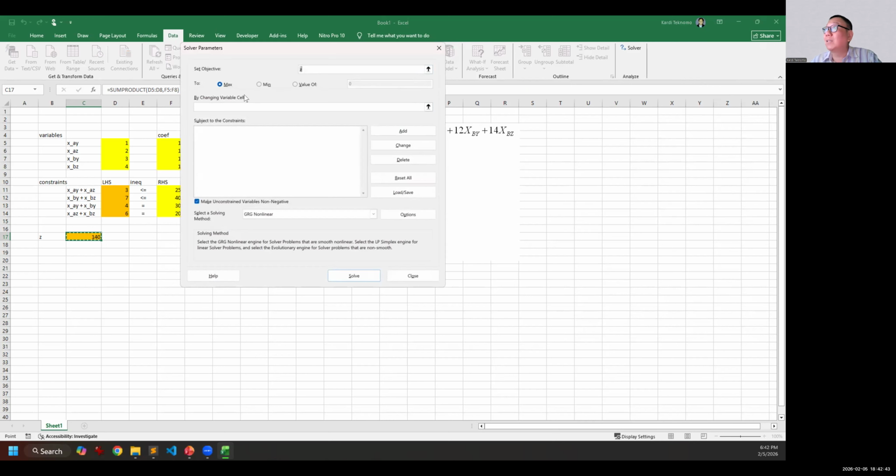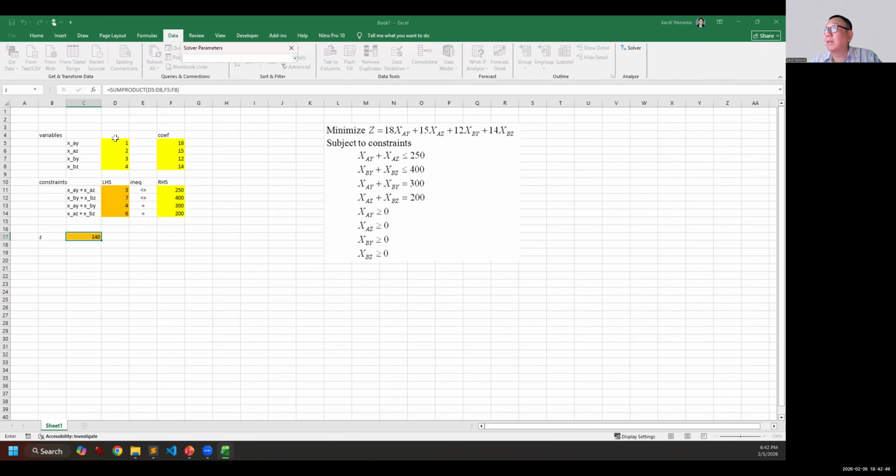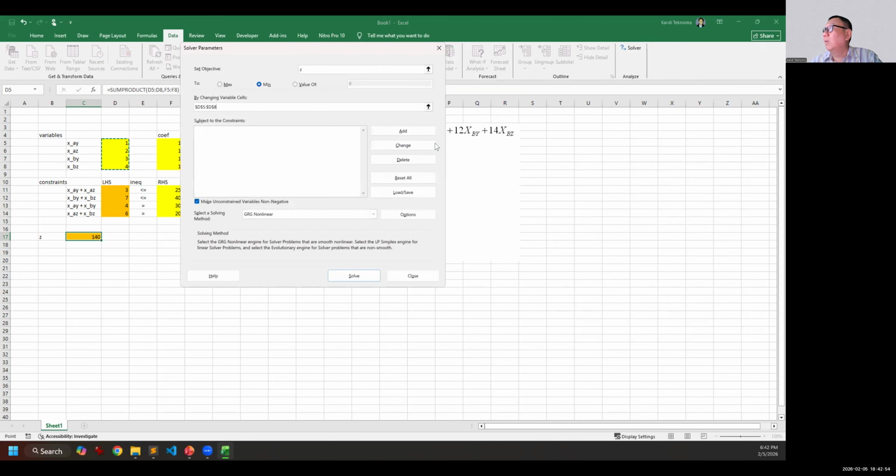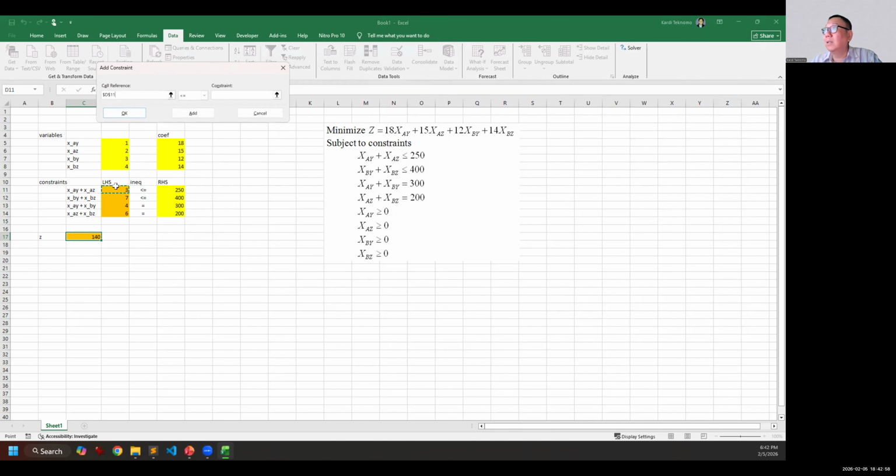What do you want? Maximize or minimize? Minimize, right? So what variable will you change? This one. This is the variable that you will change, right? And then what are the constraints? The constraint is this one. Oh, one by one. So this should be less than this one.